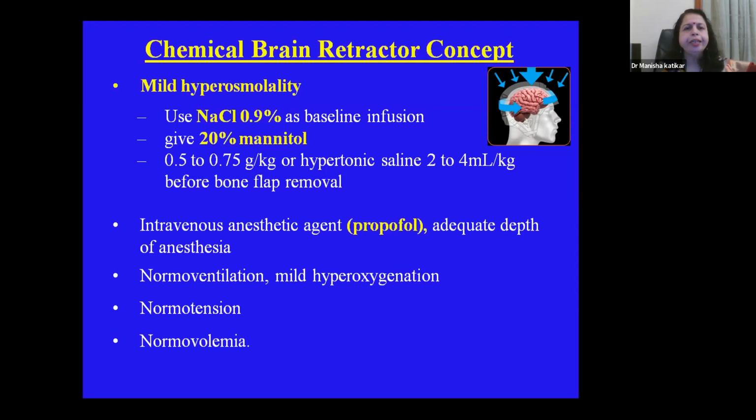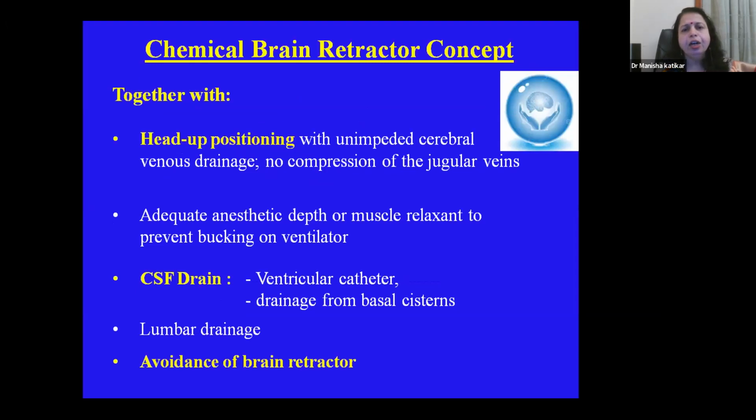How can you maintain that? Maintain mild hyperosmolarity by using isotonic saline, giving mannitol, and even hypertonic saline in the dose of 2 to 4 ml per kg before bone flap removal. Continue intravenous anesthetic agents like propofol in the maintenance period. Maintain adequate depth of anesthesia. Normoventilate the patient. Mildly hyperoxygenate them. Maintain normotension. Maintain normovolemia. This, along with the head-up position and adequate depth of anesthesia,